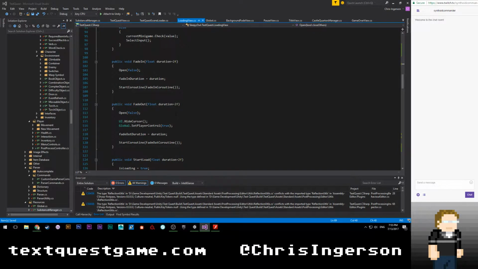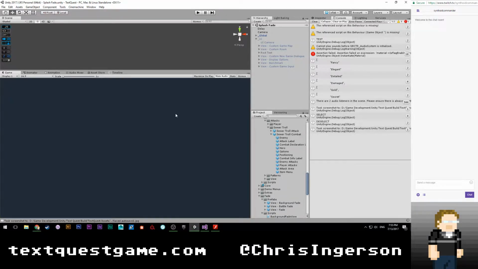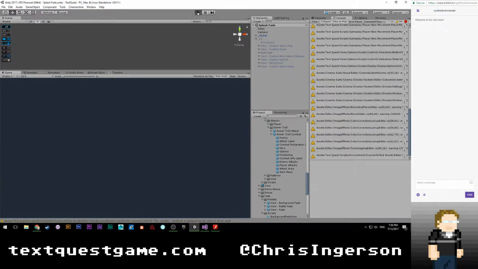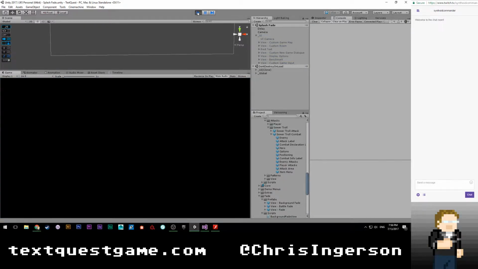fine. Let's check. I might still need to have that coroutine that just waits until you actually release the key. Otherwise, we'll always get that string of W's. So I might just have to have some weird little thing at the end of the fade in coroutine that doesn't just set the selection field right away.